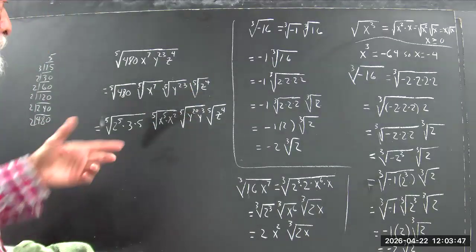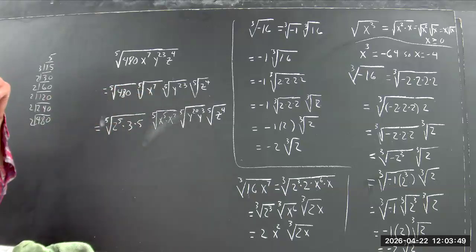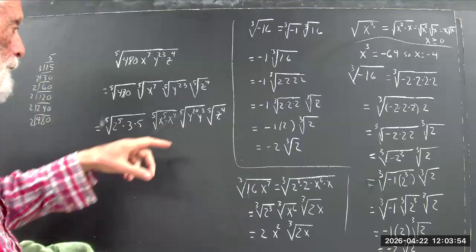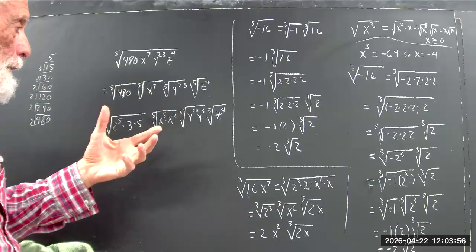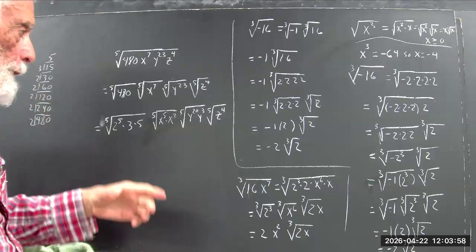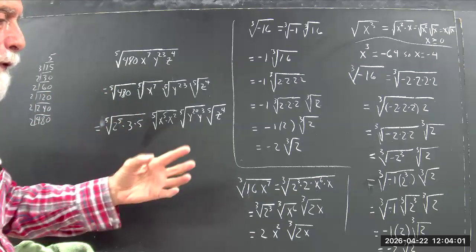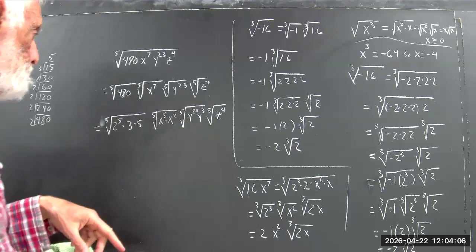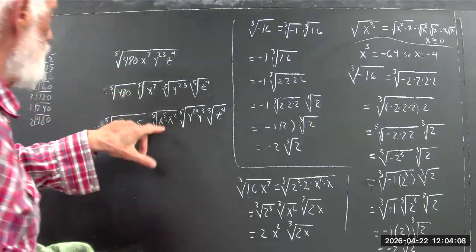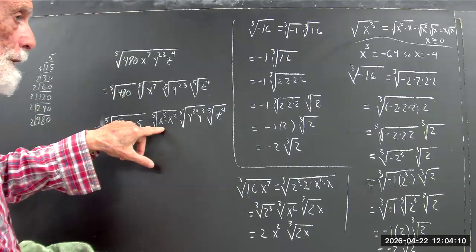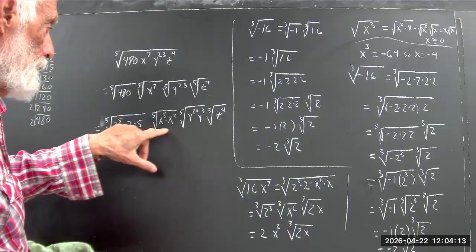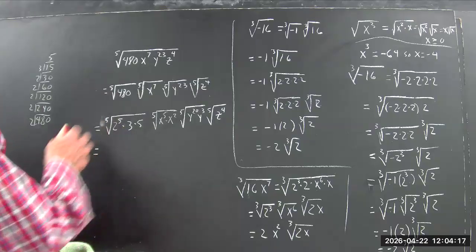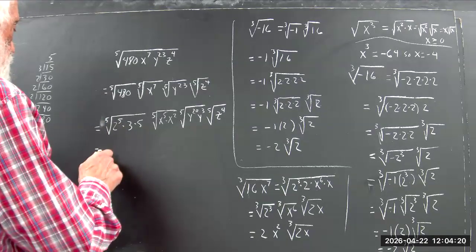Now, why do I write it this way? Let's look at the y to the 23rd. 20 is a multiple of 5. So y to the 20th will have y to the 5th inside of it 4 times. Y to the 5th to the 4th power is 20. And x to the 7th contains x to the 5th, obviously, and also it needs an x squared so that the exponent comes out equal to x to the 7th. Okay, well, what we get out of this is